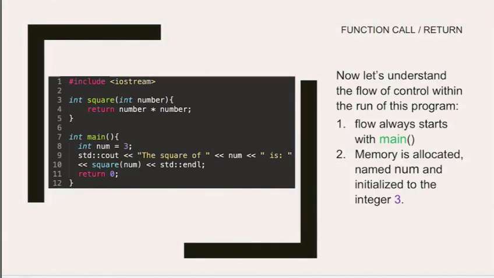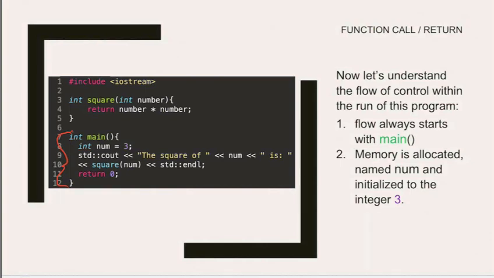All right. As you know from previous sessions, every C++ program always starts with the main function. So recall that our main function is known as our control module because it handles the flow of control for the overall program.